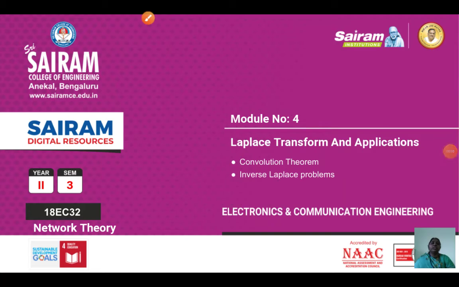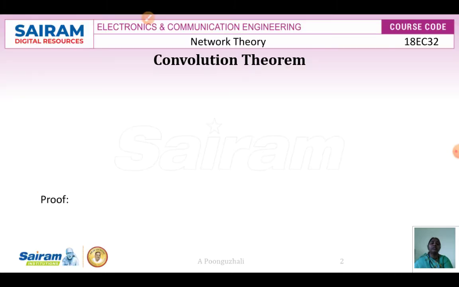Students, today we will see the topic on convolution theorem. So convolution theorem is nothing but we are going to take two signals and combine these two signals to form a third signal. So we take two signals and convolve each other, where one signal will be shifted by a time duration t, and then we will multiply with the first signal to get the third signal. The third signal may be an impulse response signal.